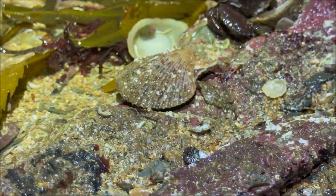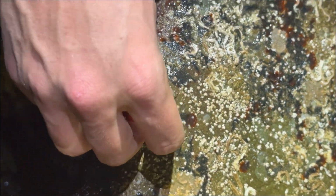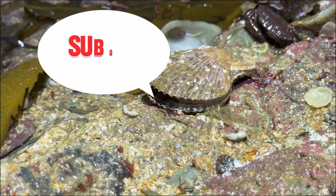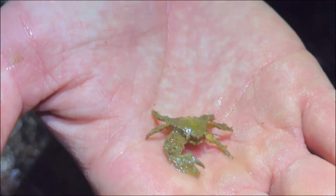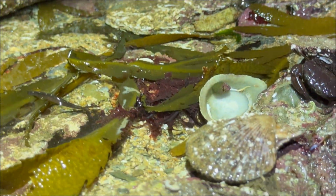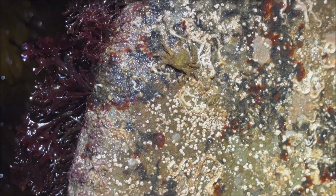There's another one on this rock. So this is a broad-shelled porcelain crab. So when he... oh, that queenie scallop didn't like that. Broad-shelled porcelain crab. So here we've got another broad-shelled porcelain crab. They just sit on the undersides of rocks, just like this. So I put him there, he'll probably sit. There you go. This is going to be some type of